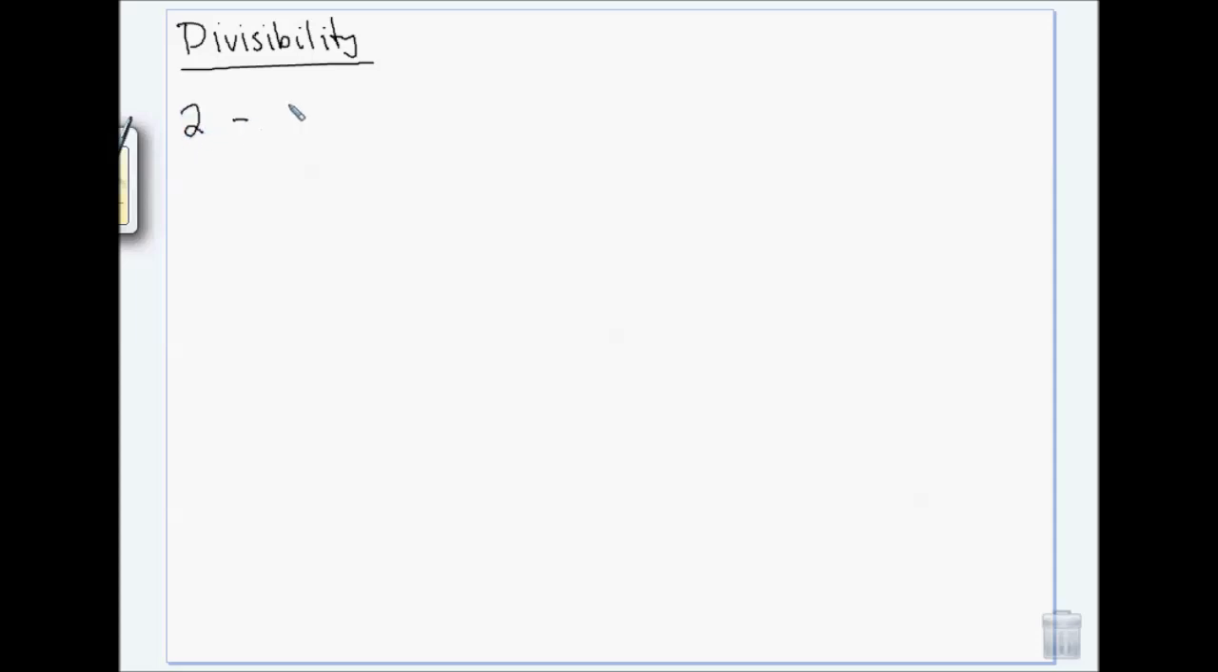Okay, so to check if it divides by 2, it's going to be even, so it's going to end in 0, 2, 4, 6, or 8. If it ends in those numbers, it'll divide by 2 evenly. No problem. For 3,